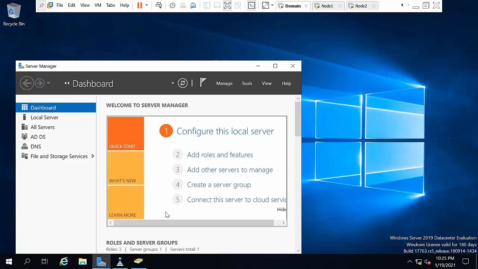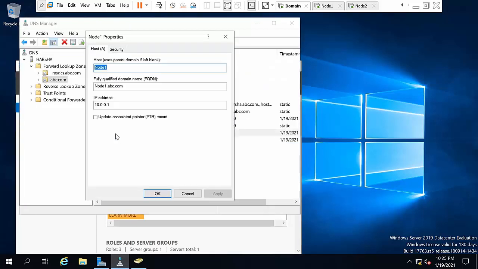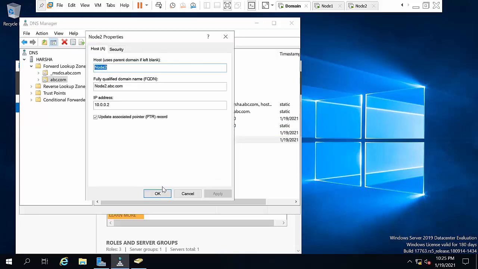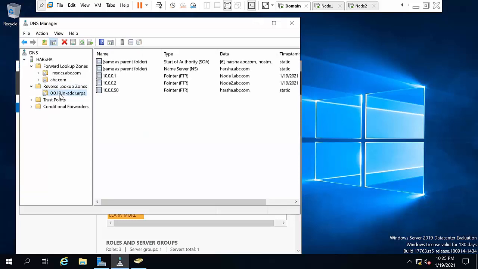The third point is go to DNS, click on node 1, select update PTR record, click apply, okay. Click node 2, apply, go to reverse lookup,